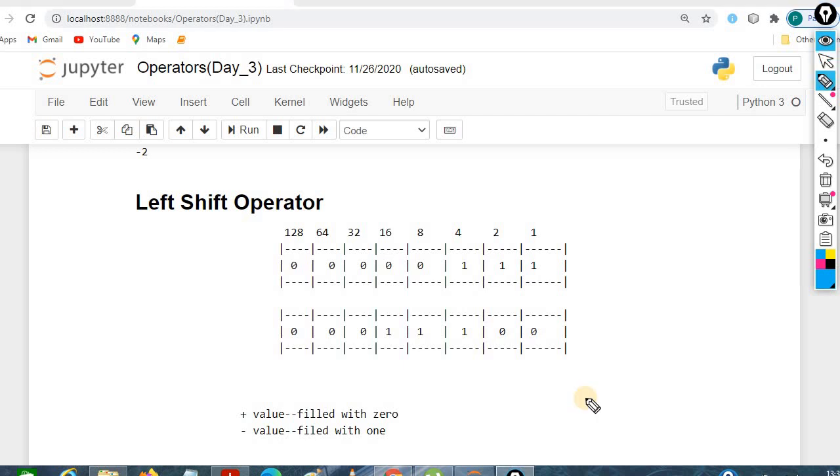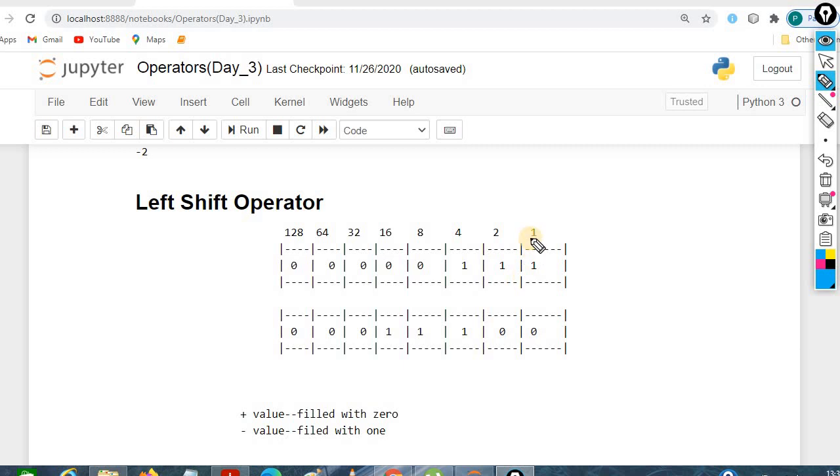Here I am considering the left shift operator. I am representing it in binary form like normal: 8, 4, 2, 1, 16, 32, 64, 128. I am considering 7 here.